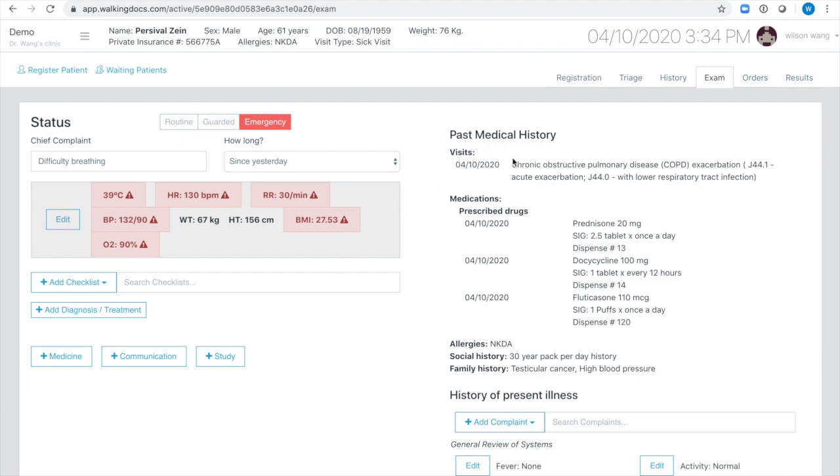At the left of the screen is the chief complaint with vital signs forwarded from the nurse triage page seen here. Percival has had difficulty breathing since yesterday. Note, the nurse has marked the patient is requiring immediate care. This is an emergency. Automatically highlighted out-of-range vital signs such as fever to 39, tachypnea to 30, and borderline O2